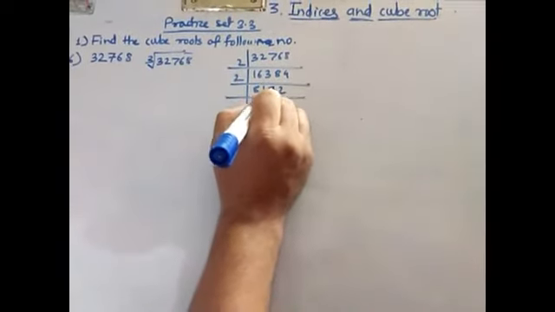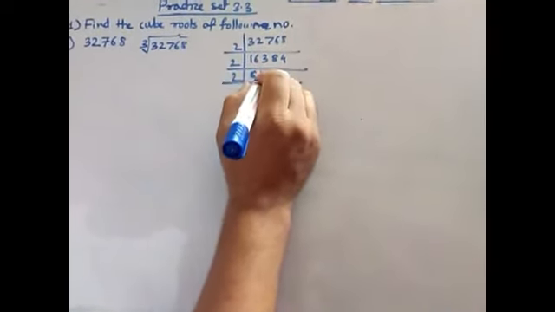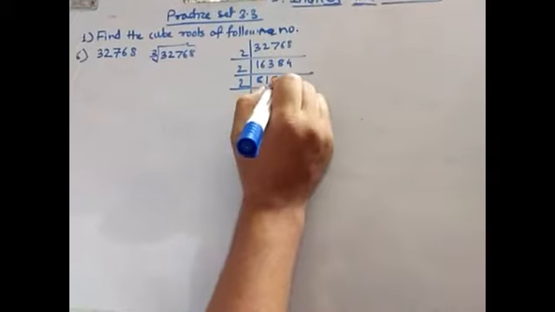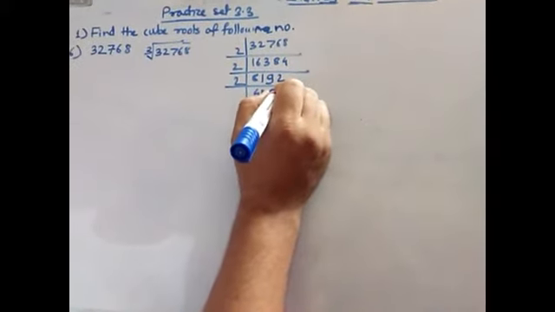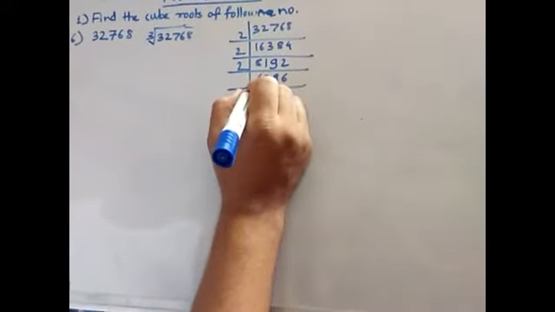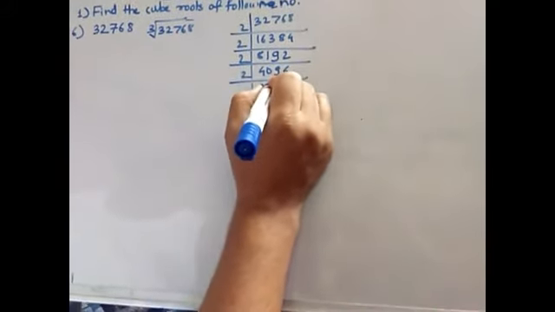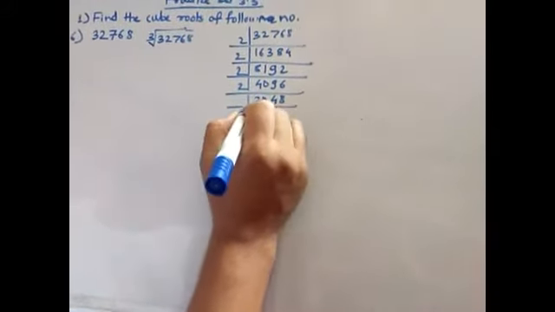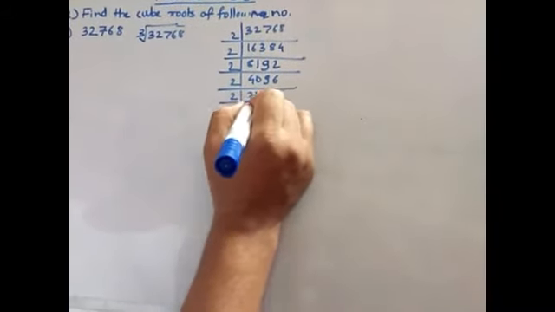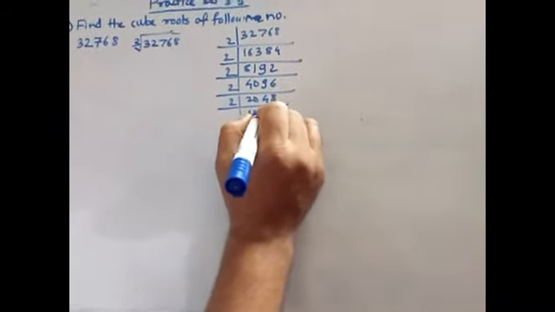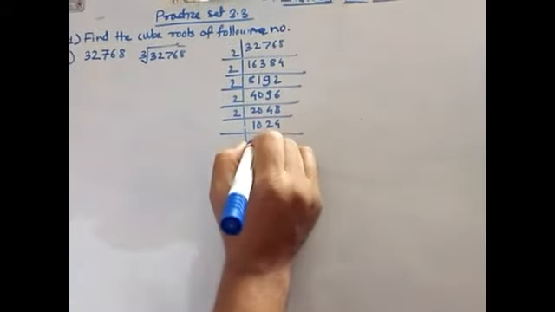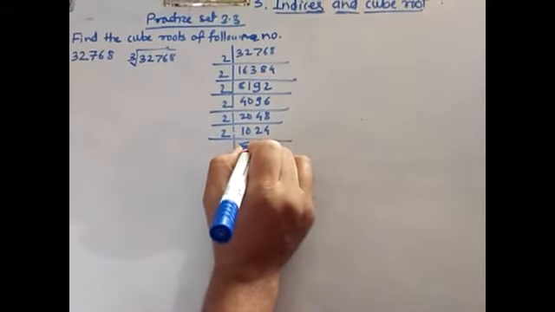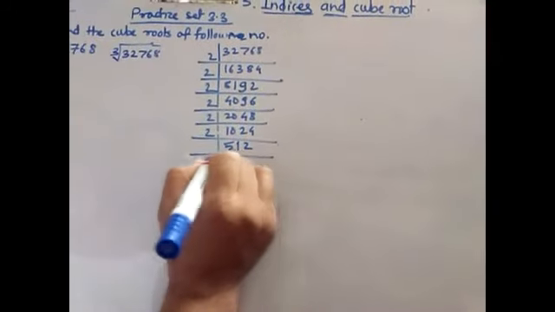Then again, 4 2s are 8, or 40 2s are 80, then 9 2s are 18, that remains 1. 6 2s are 12, and 20 2s are 40, then 4 2s are 8, remaining 1. 8 2s are 16, and 20 2s are 20, 10 2s are 20, then 2 2s are 4, and 4 2s are 8, and 5 2s are 10, then 2 1s are 2, and 2 2s are 4.